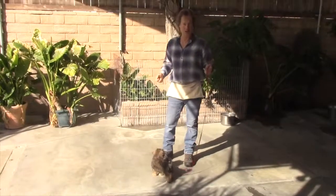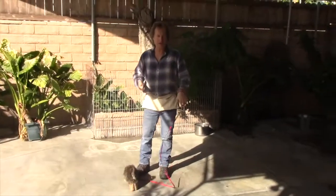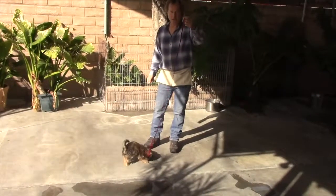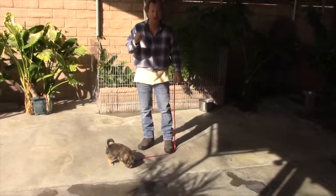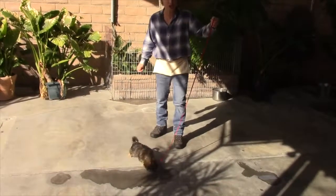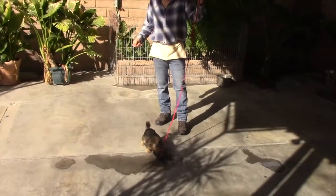If I'm going to practice the recall with him, by the way, you practice in this way so that you have it off leash with no treat. Okay? So I have the leash to reinforce the command if he doesn't do it. You never repeat it. If you want him to always do a command the first time you tell him, never repeat the command. Never practice without a leash unless it's an emergency. And that's not practice, but never do this unless it's an emergency without a leash, because the leash is a